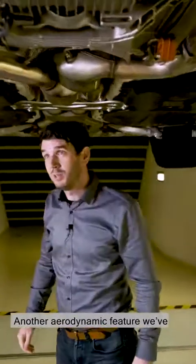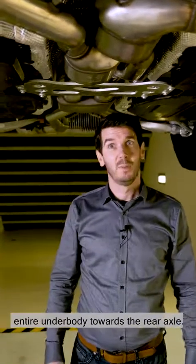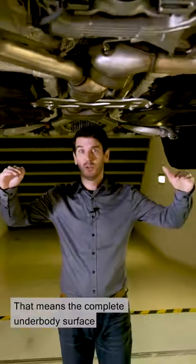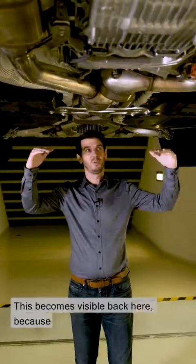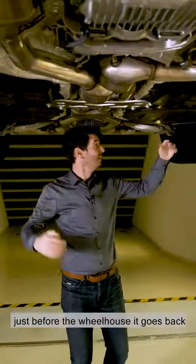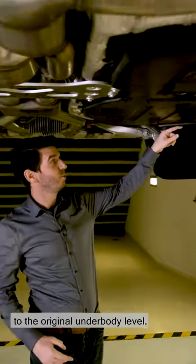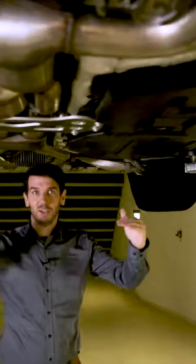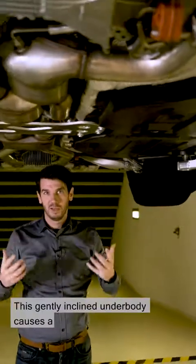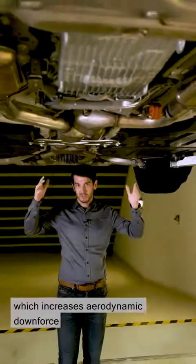Another aerodynamic feature we've introduced to the M3 and M4 is to raise the entire underbody towards the rear axle. That means that the complete underbody surface is lifted slightly. This becomes visible back here, because just before the wheelhouse it goes back to the original underbody level. This gently inclined underbody causes a slight diffuser effect, which increases aerodynamic downforce